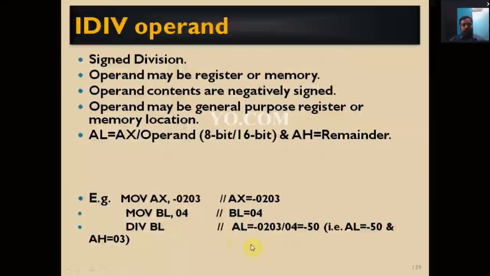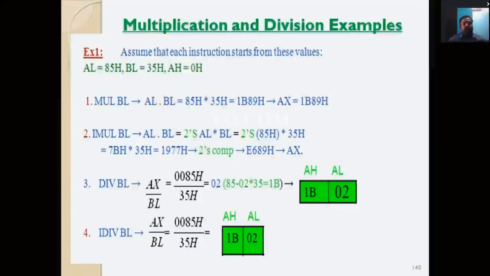So AL equals minus 0203 divided by 4, that is equal to 50. The 50 is stored in the AL register and the remainder is stored in the AH register. Here we are going to see some examples.